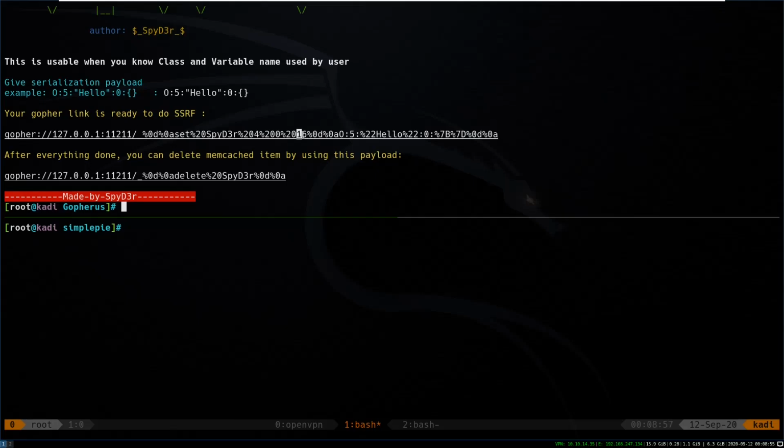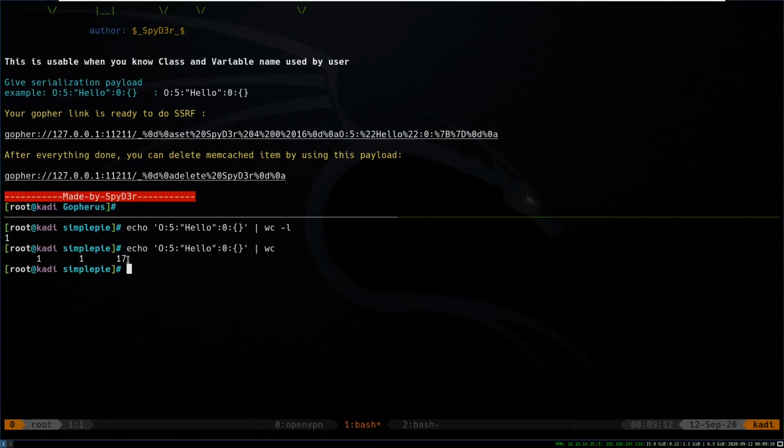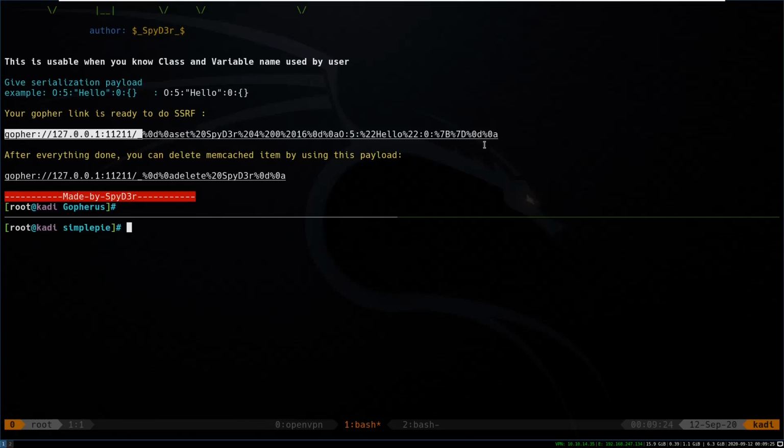This one right here, it's kind of hard to see, but that is the length of the key, because I believe this is 16. This is going to say 17 because it's counting the new line character. So if I came back and did echo -n for no new line, we'll see that it's 16 characters. So yeah, 16, so that's the length. So we can kind of copy what this is doing in our exploit. So if we head back to our exploit,